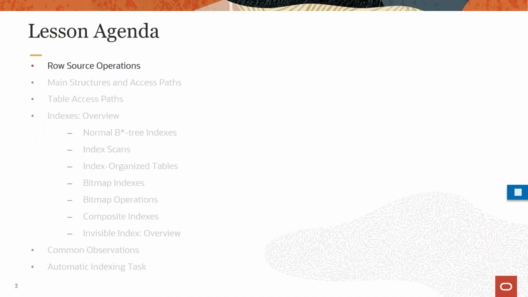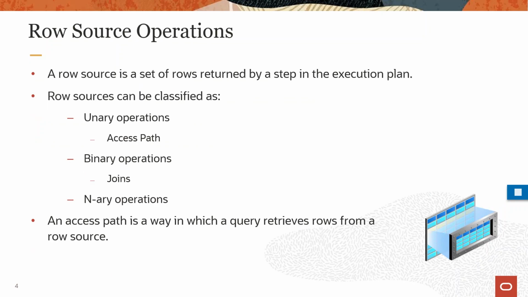In the first topic of this chapter, we're going to discuss what a row source operation is. A row source is a set of rows returned by a step in the execution plan. The row source can be a table, a view, or the result of a join or grouping operation. Row sources can be classified as unary operations, which act on only one input, such as an access path. They can be classified as binary operations, which act on two inputs, such as joins. And finally, they can also be classified as n-ary operations, which act on several inputs, such as